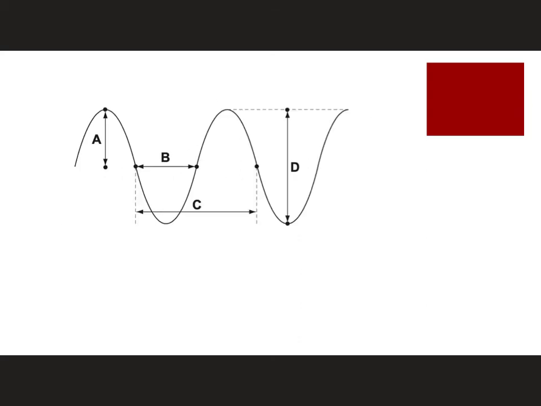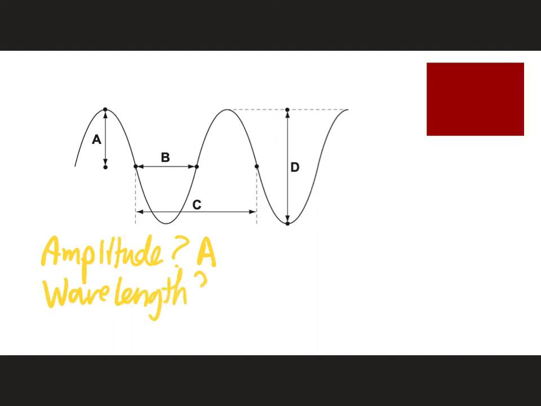Take a look at this diagram. First, can you tell me what is the amplitude? That's letter A. And what about the wavelength? That would be C. Now, one thing to point out, if we say that C is our wavelength, that assumes